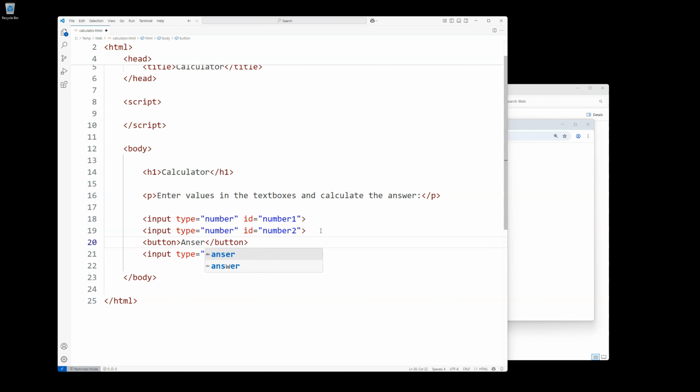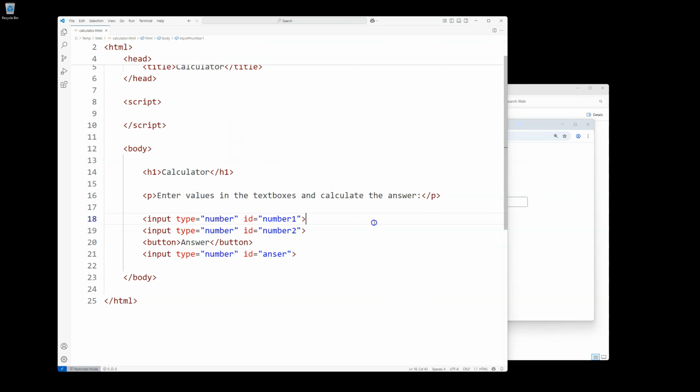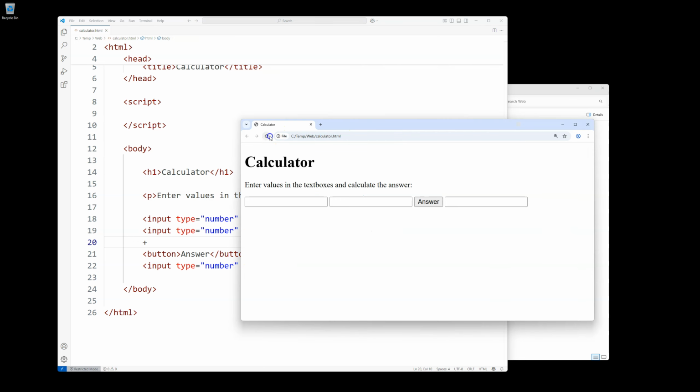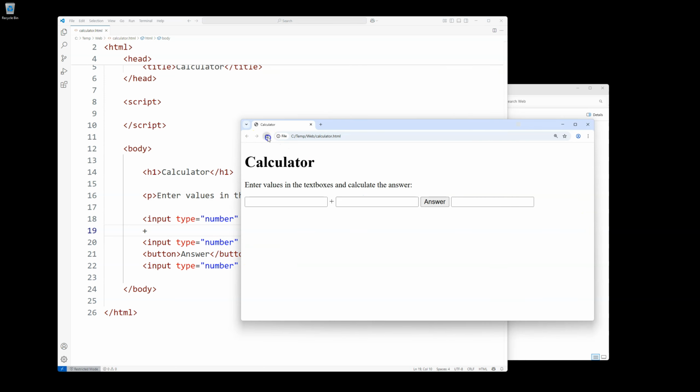Answer or something. Like this. Click save. Let's see how it looks like. Like this. And then also in between here we can have a plus sign. So the user's not here, but here. So the user knows that he shall enter a number here, and those two will be and the answer